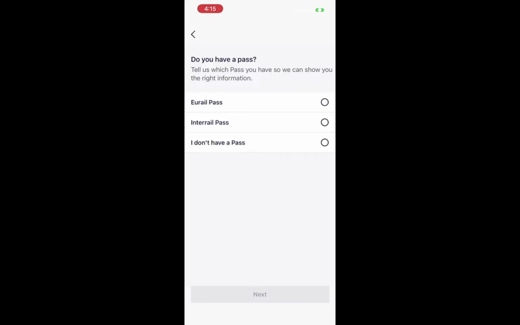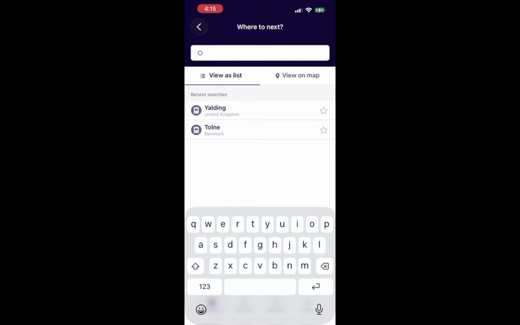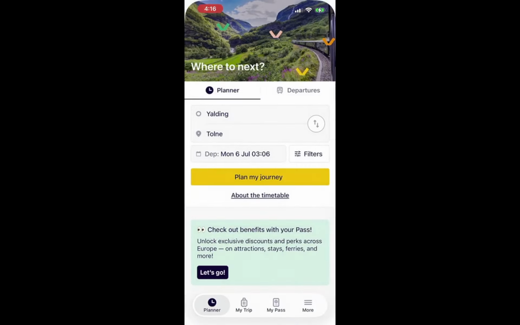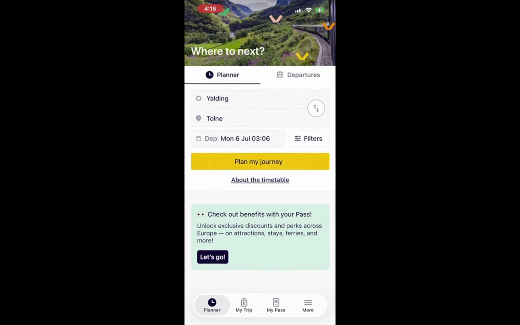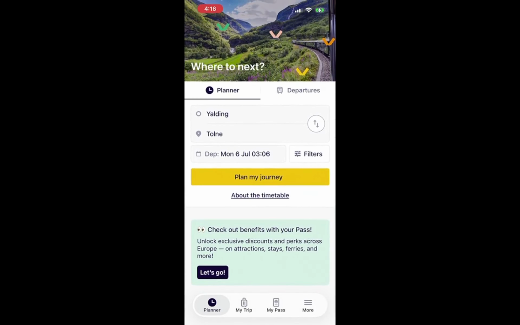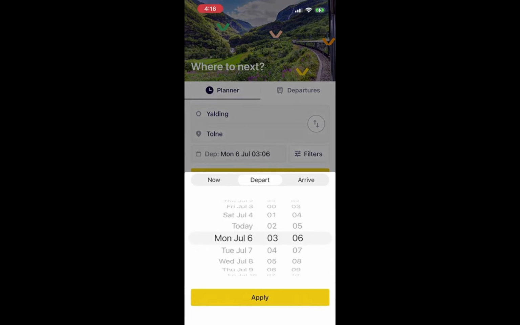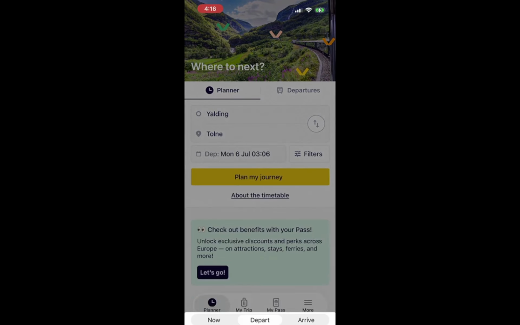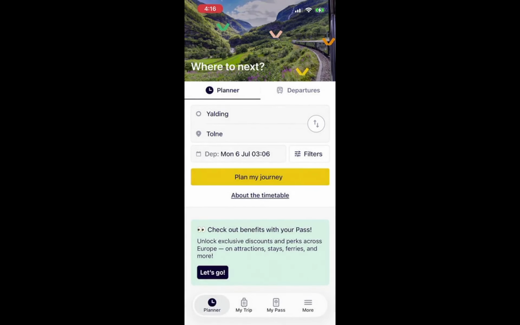Once you have entered your departure and destination stations, select your travel date and then tap Search. This action prompts the app to display a list of available trains for your specified route and date. You will see various options, including different travel times and types of trains. Having multiple options can provide you with flexibility in planning your travel schedule, which is especially beneficial during busy travel seasons. After reviewing the available trains, choose the train you want to take.